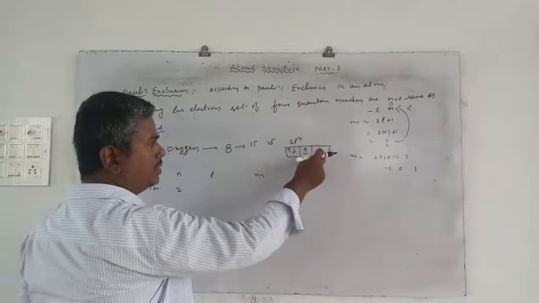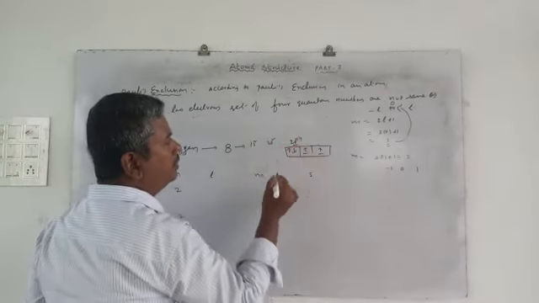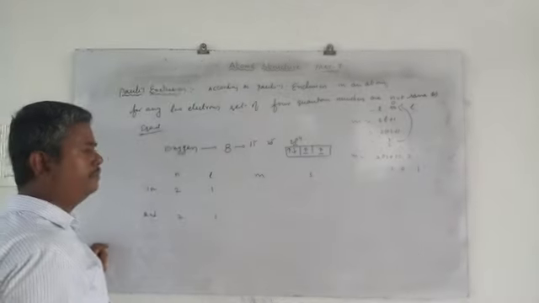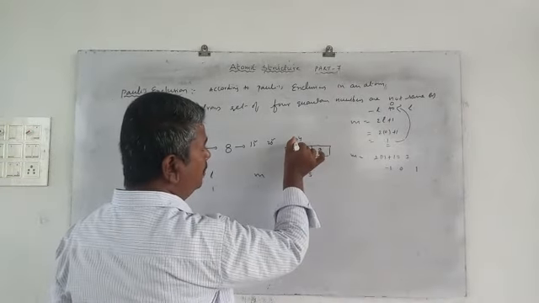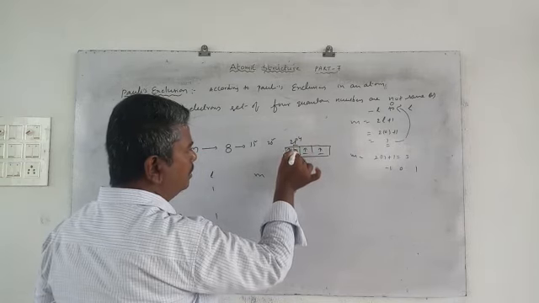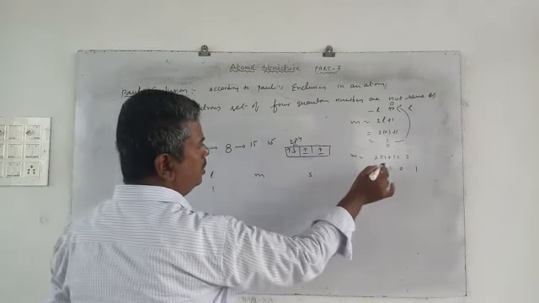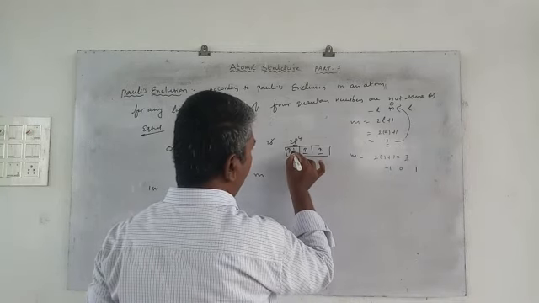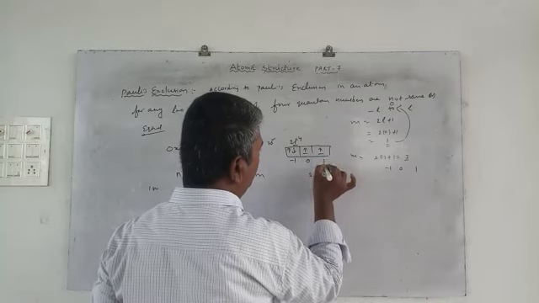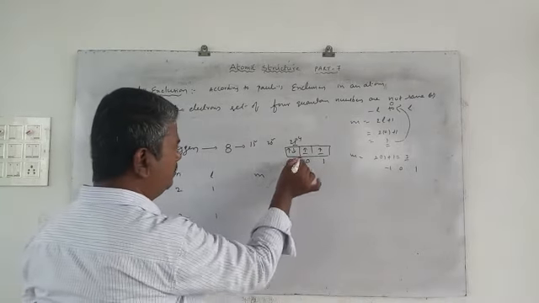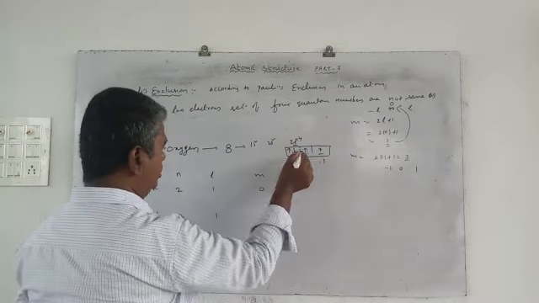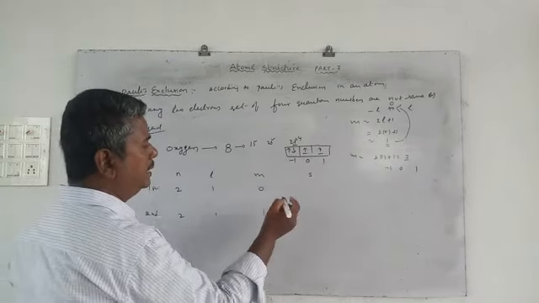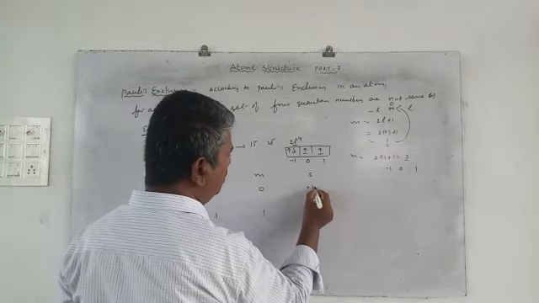And these 2 electrons are in which orbital? The p orbital only. For the p orbital, the l value is the same. So that's why it is the same here also. As well as here, calculate the m value. For the p orbital, how many are there? 3: minus 1, 0, 1. So this one is minus 1, for px, py it is 0, for pz it is 1. So this m value is 0 for this electron, and for this electron the m value is +1. And the spin quantum numbers are the same, +1/2 and +1/2.